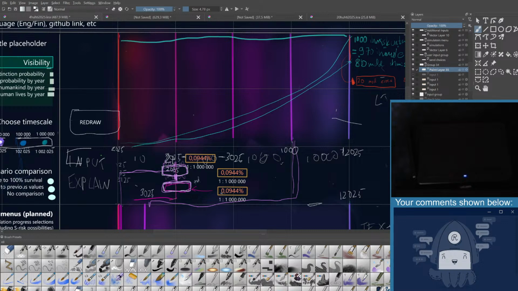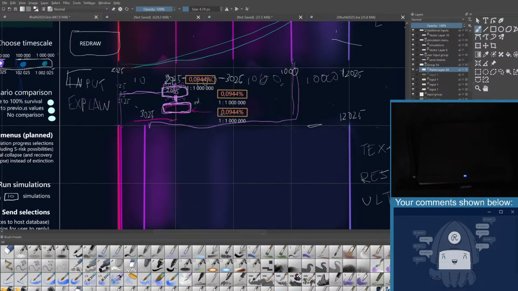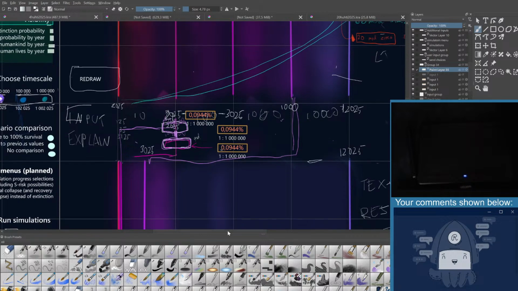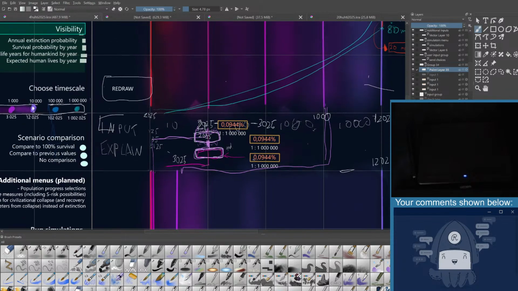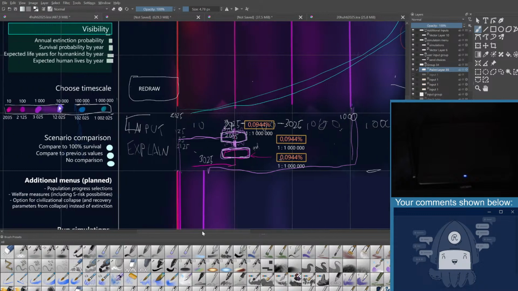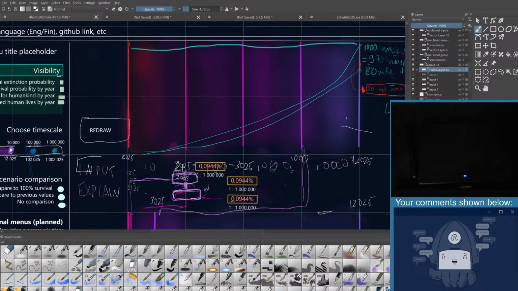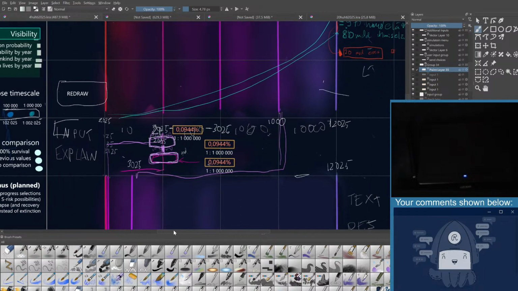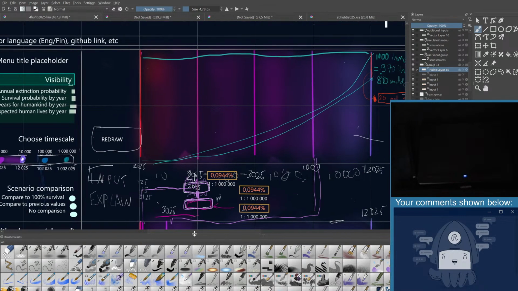Actually, I think I'm going to stop for now because this is a little bit too much to look over fast, and I'm getting a bit tired, and I need to eat. So I will continue sometime, and I will be doing this between the streams as well, so let's see what we're doing when I get